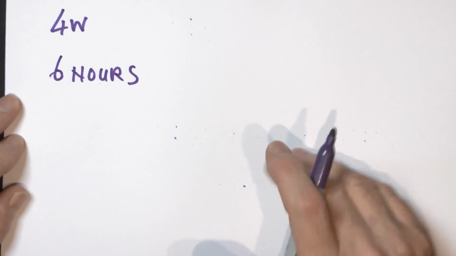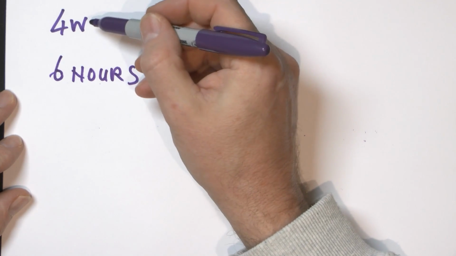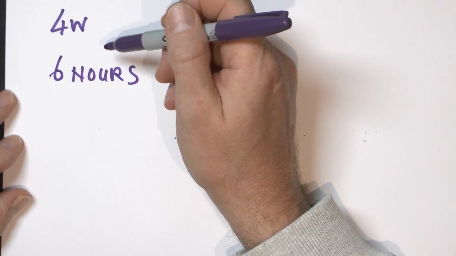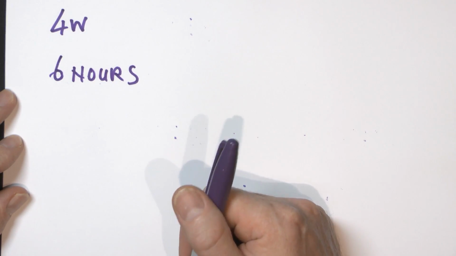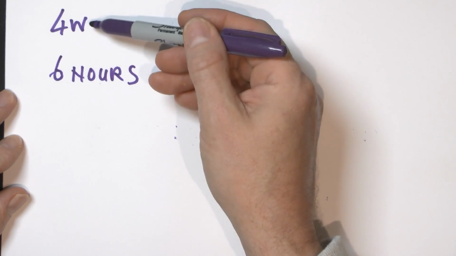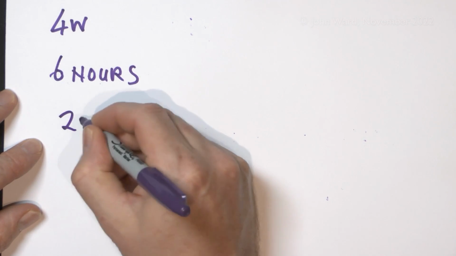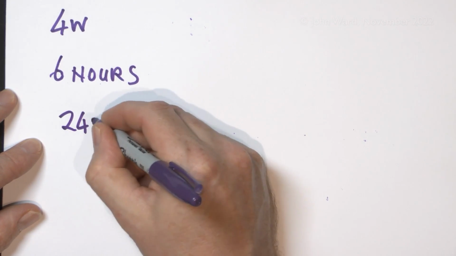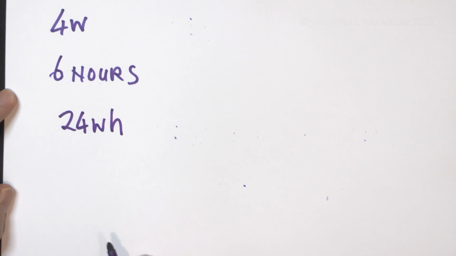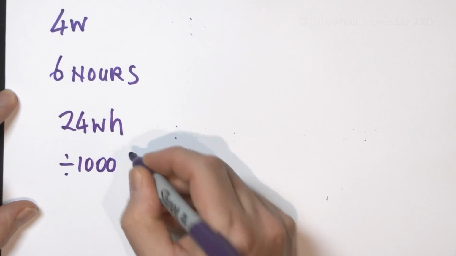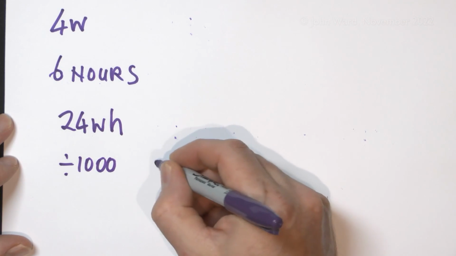Now the calculation is exactly the same. See how much we're going to use in total. It is the two of those multiplied together. However, bearing in mind we want it in kilowatt hours generally, so you can work out how much you're paying. If we multiply these two together directly, we would actually get watt hours, because it's watts multiplied by hours. So 6 times 4 would be 24, and that would actually be watt hours. To get that to kilowatt hours, it's just divide by 1000. As we saw earlier, 1 kilowatt is 1000 watts. So in this case, that would equal